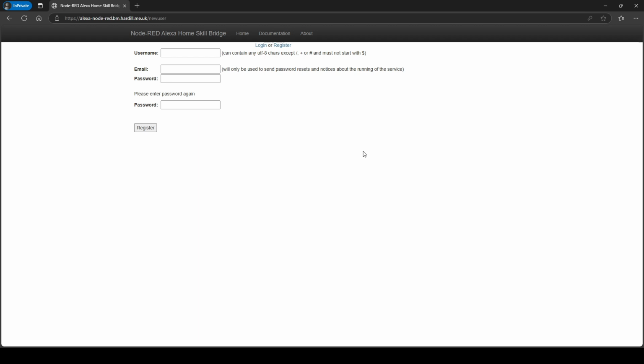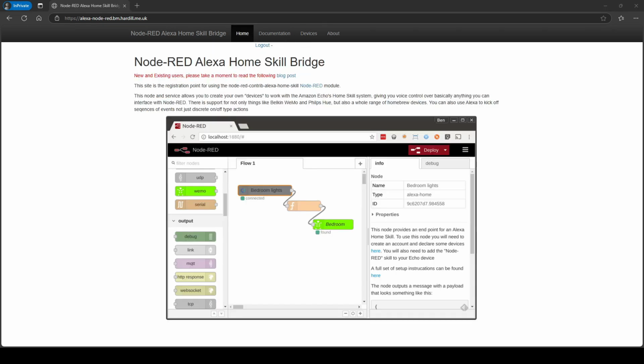Then you're going to give yourself a username, type in your email address, give it a password, and then you are going to click register. Now we are going to create a device. So if you go to the devices tab,